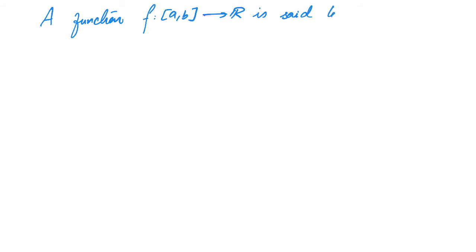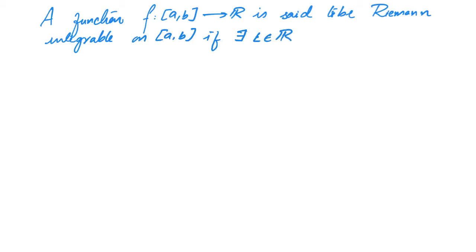We are now in a position to define an integral. So we say a function f from [a,b] to R is said to be Riemann integrable on [a,b] if there exists